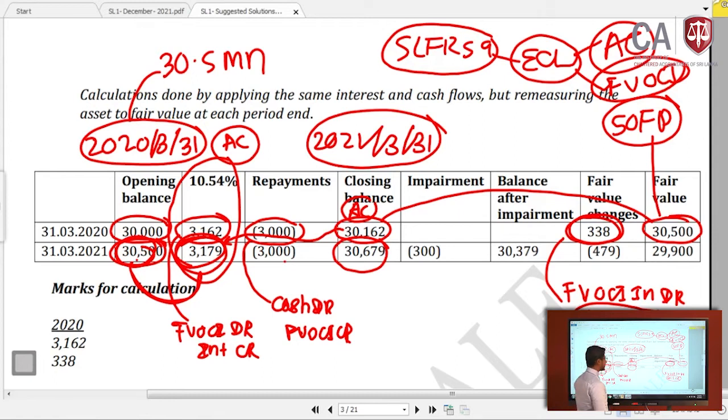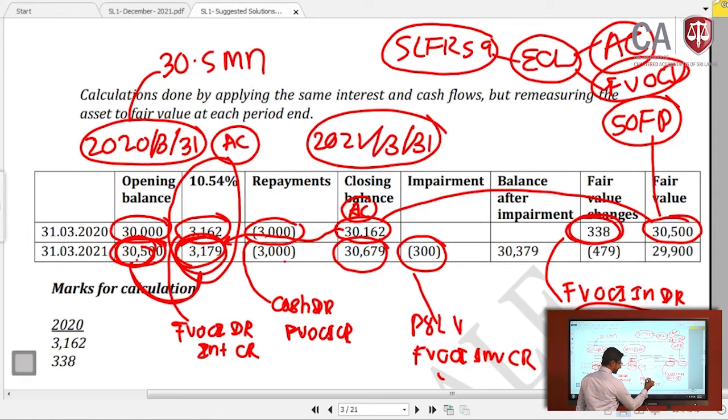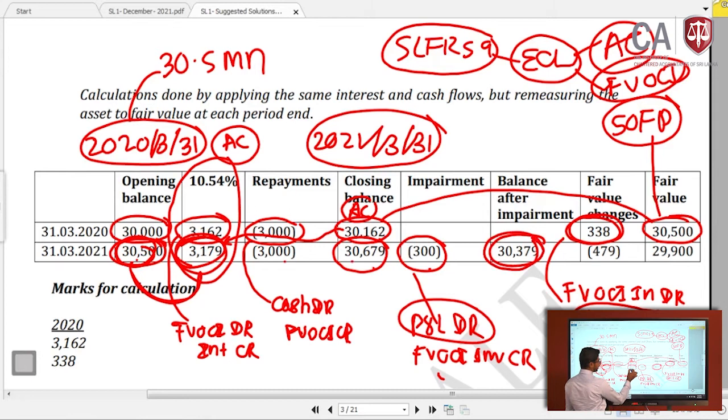Here somehow there is an impairment, 300,000. So how to record? Basically, there is an impairment, always a reduction to the asset: fair value through OCI investment credit and debit to where? P&L. Expected credit losses are always debited to P&L, impairment charges are always debited to P&L, right? P&L debit. Then you get the balance after impairment: 30,679 minus 300,